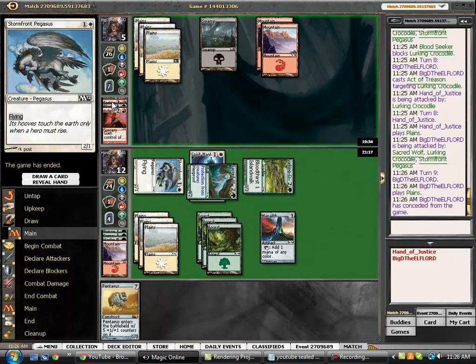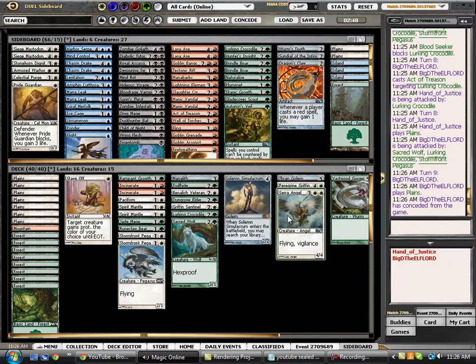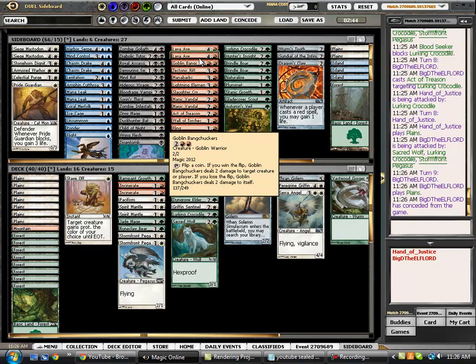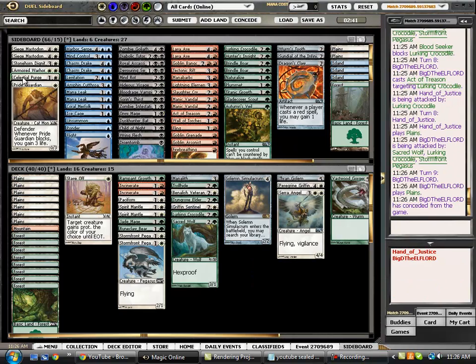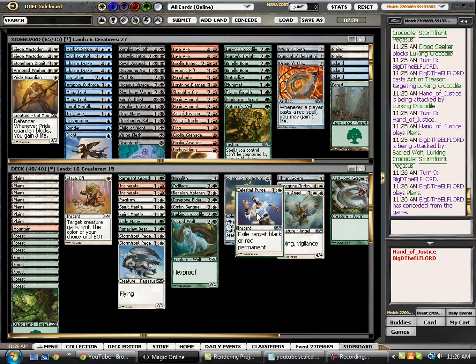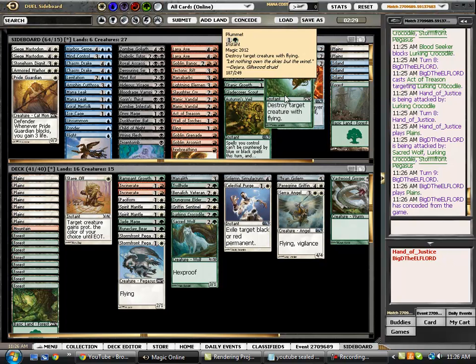So probably splashing red for active aggression, Incinerate. Black, white. What do we bring in? Probably bring in Celestial Purge. We could potentially bring in Autumn's Veil. Most likely going to be bringing in Plummet. We did see one flyer,